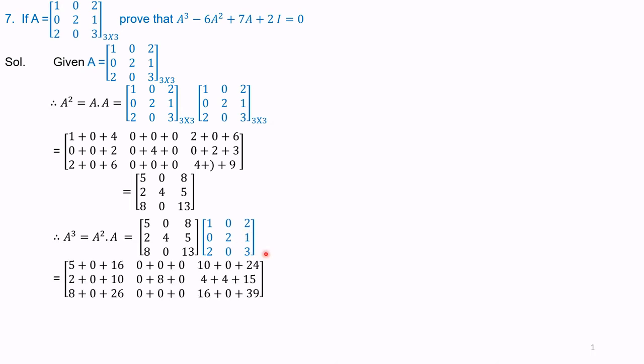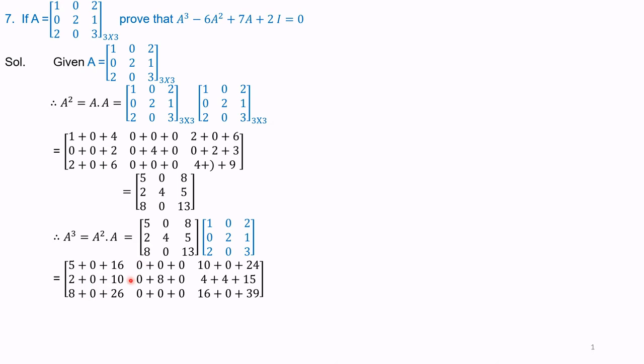So we get by row column multiplication, that is 5 plus 0 plus 16, then again 0, 0 and 0. Then first row, third column is 10, 0, 24. Second row, first column 2 plus 0 plus 10. Then second row, second column 0, 8, 0. Then second row, third column 4 plus 4 plus 15. We get. Then third row, first column